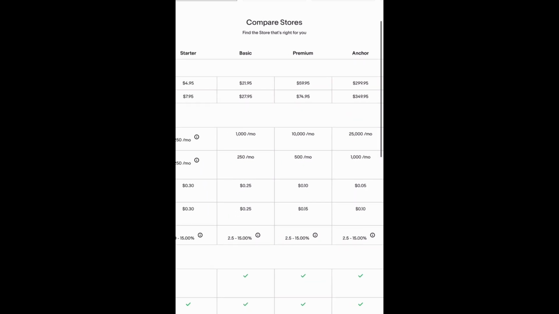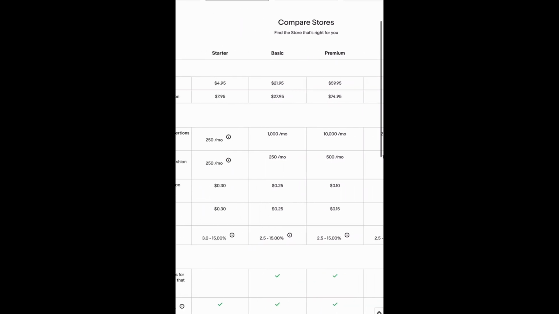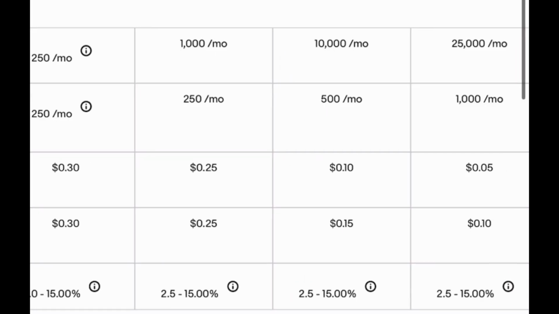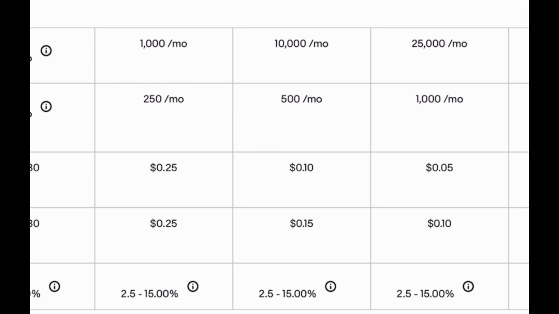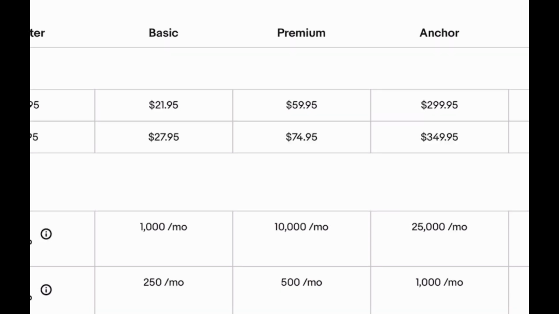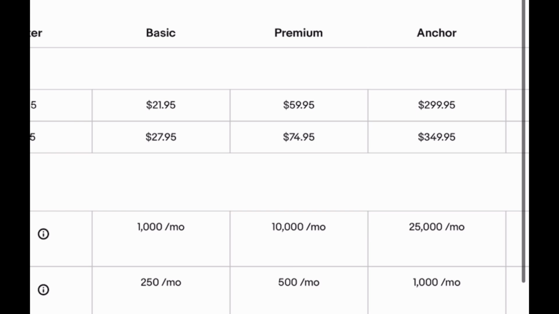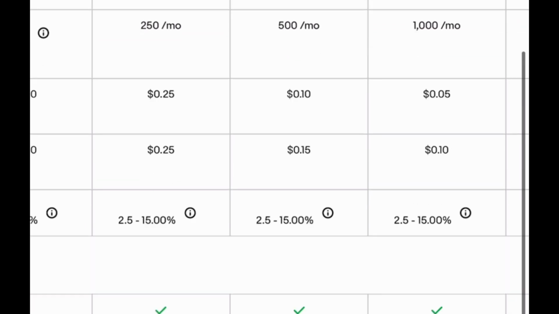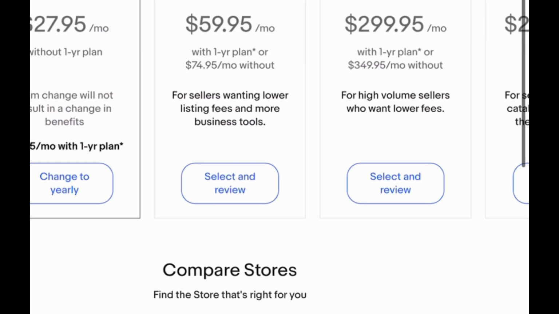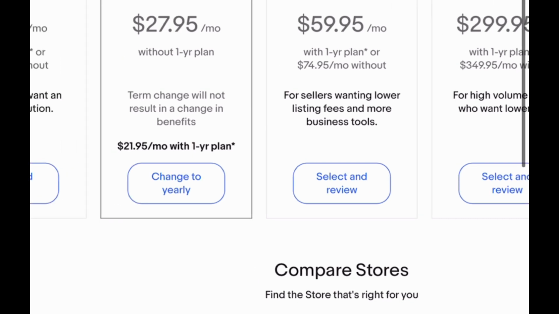This is what I wanted to find out. My basic store allows me 1,000 items, and the premium, which is awesome, allows me 10,000 items. Anchor, 25,000. So that's awesome. I kind of thought premium was 5,000, but it's 10,000. That's more than enough. And if you've got the money for it, save some money, pay for a year of hosting. I think by the time you reach premium status, because after 1,000 items,